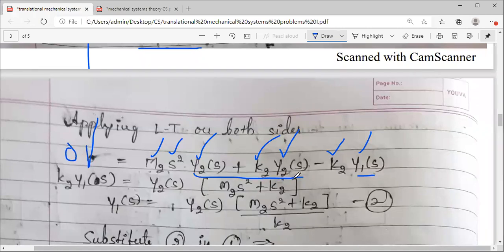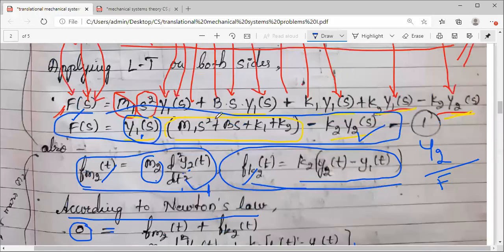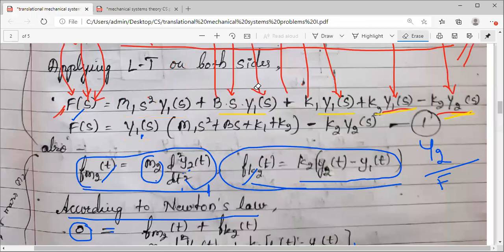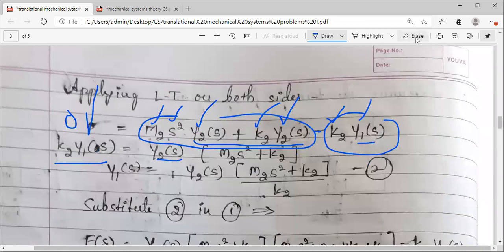क्योंकि यहाँ पर anyway 0 है, तो एक left hand side में रखो, एक right hand side में लेके जाओ, यहाँ पे जो negative sign है. So k2 into y1 will be equal to this remaining term, यहाँ पे y2 of s common लिया है. Okay, now how can I use this equation? As I told you earlier, we had stopped till this. We had got this equation 1. If you see, equation 1 has two terms, y2 and y1. इसमें से हमको y1 निकालना पड़ेगा, then only you can get the ratio of y2 by f, जो हमको transfer function देगा.